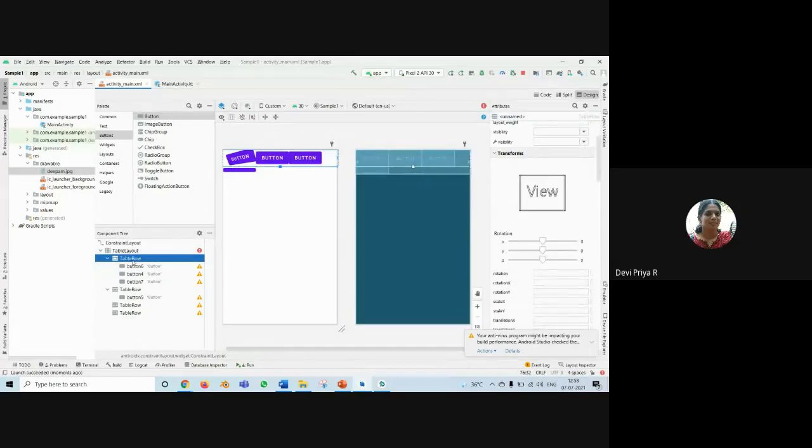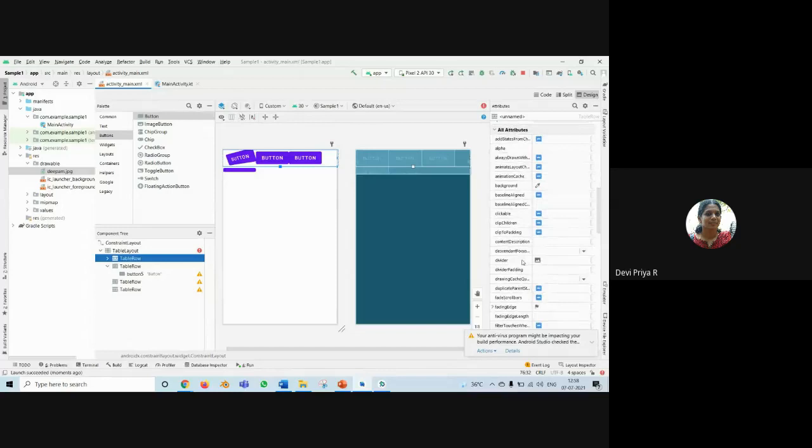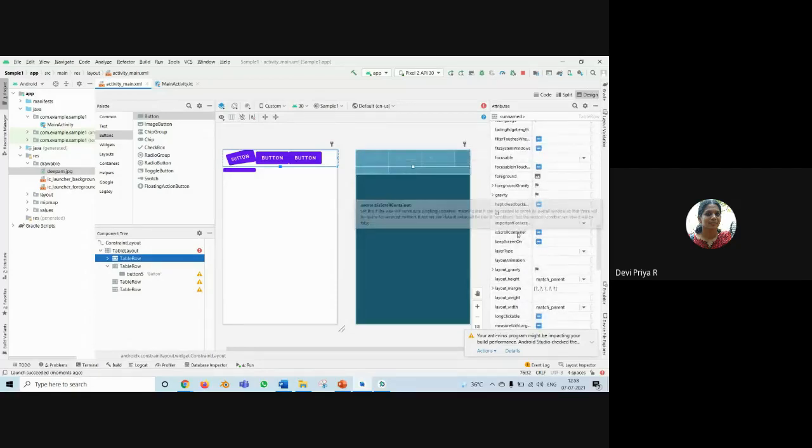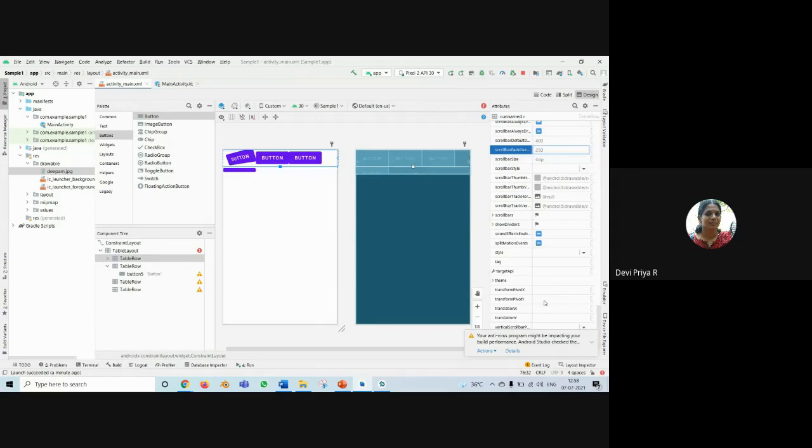So this is your table row, right? Here you have the attributes. So ID, if you want, you can choose, and this layout weight, height, this scroll bar height. Suppose you want to have that scroll bar, or if you have so many objects also you can have, and minimum height, minimum width.